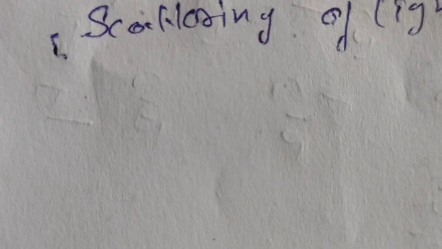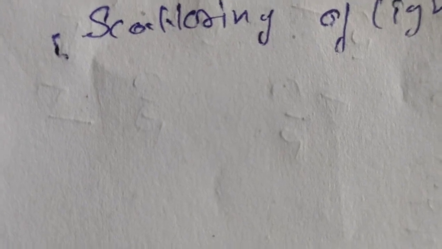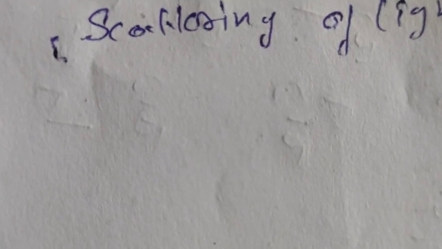The scientist Tyndall showed this type of effect, so it is named the Tyndall effect. Basically, it is the scattering of light. When small dust particles are present in the light, we call this the Tyndall effect. For example,